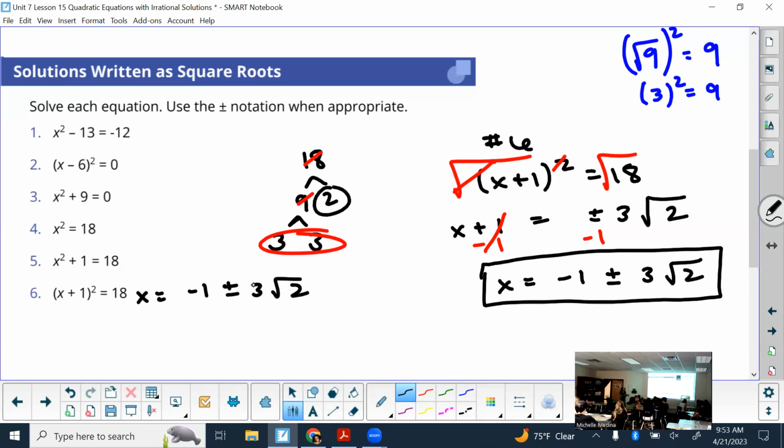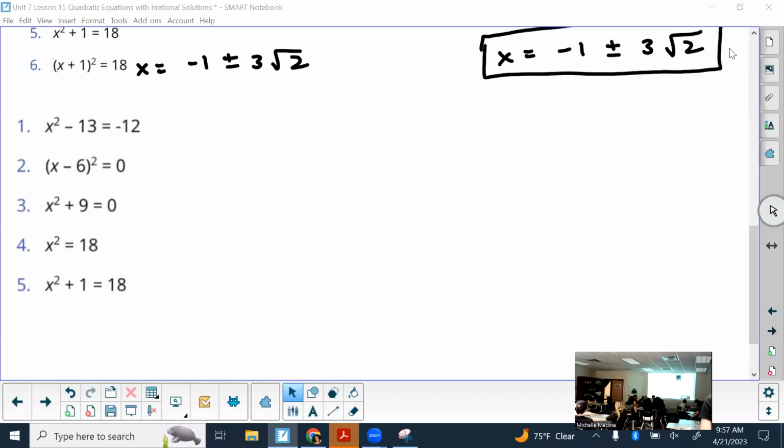All right, so try 1 through 5 with your tables. Just focus on isolating x. Start with what's farther, then do your inverse operations and all that good stuff. I'll check in a few minutes. Okay, that probably wasn't enough time to do all of them, but I at least want to do some before we have to stop and take our quiz.